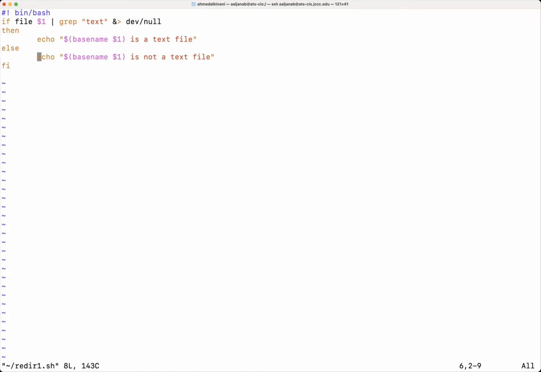So here's what's going to happen. Traditionally, this message will be printed on the screen, and this message will be printed on the screen, depending on whether that text file that I just typed was actually a text file or not. Here's what we can do. This is very important, and it's not going to make any difference, to be honest, but it's important to understand that if I type greater than and 1, that simply implies that this echo message should be sent to the standard output.